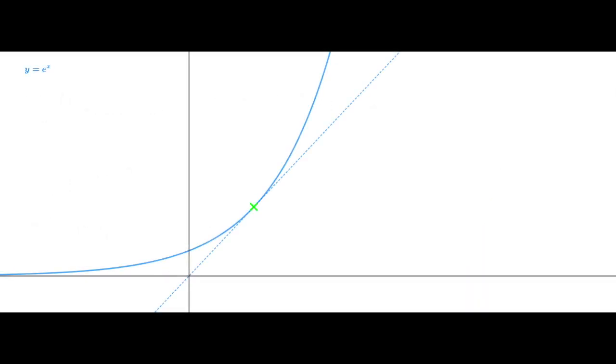So now we know what the number e is, and we know what the curve y equals e to the x looks like. But what's the gradient of the curve at any other point? For example, this point here. Let's draw a line, as usual. There's my point with x-coordinate x, and another point with x-coordinate x plus h,